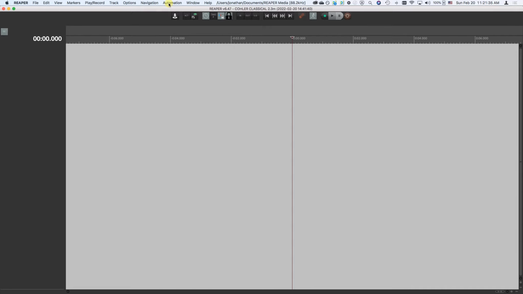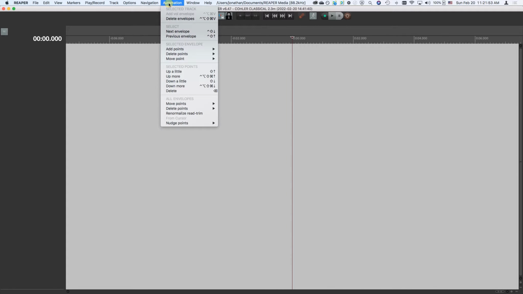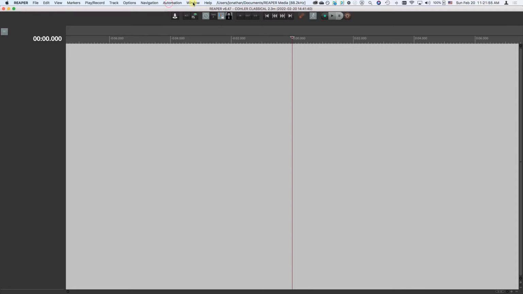And finally, the automation menu has all the commands that have anything to do with setting up automation, either adding points, adding automation tracks, deleting them, moving them around. That's all under automation. The window menu is a menu that just shows you all your current top-level open windows. And the help menu is the standard Reaper help menu, which can be very useful, especially on the Mac, for